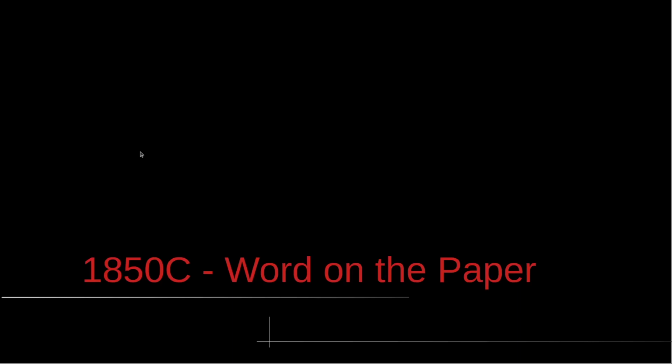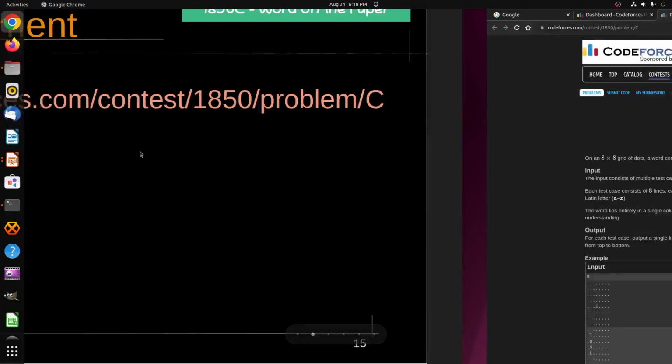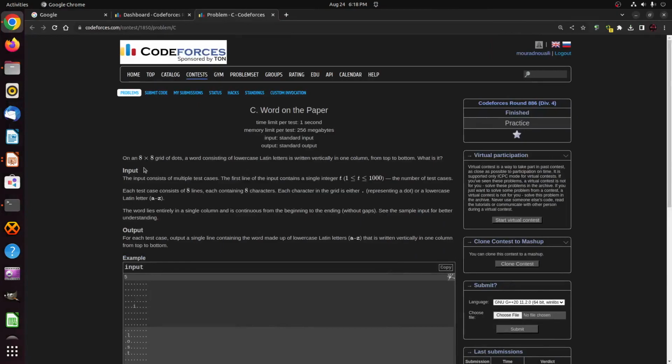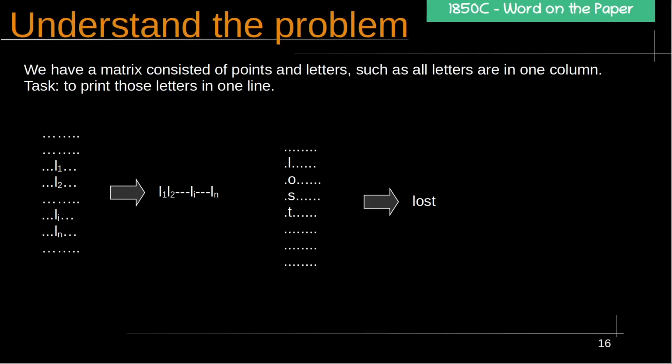Problem C, Word on the Paper. This is the problem statement. We have an 8 by 8 grid of dots. A word consisting of lowercase Latin letters is written vertically in one color, from top to bottom. So here we have a grid